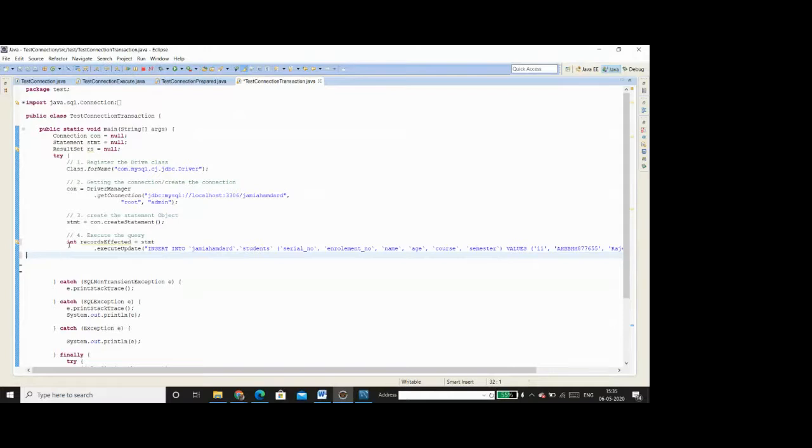So we have got all the steps. The step one is register the driver class as usual, getting the connection or creating the connection, the second step, creating the statement object is the third step, execute the query as the fourth step.